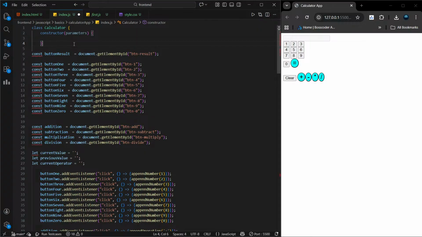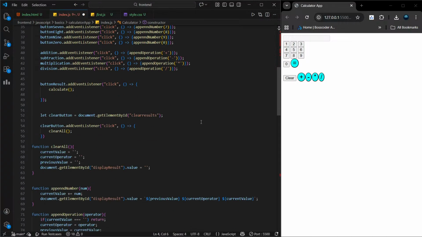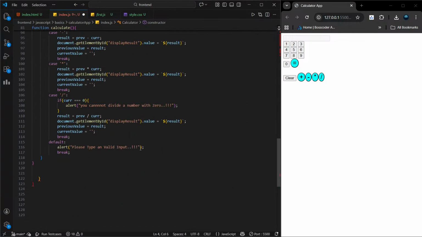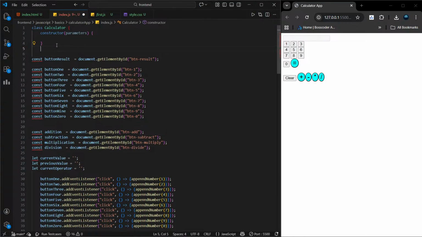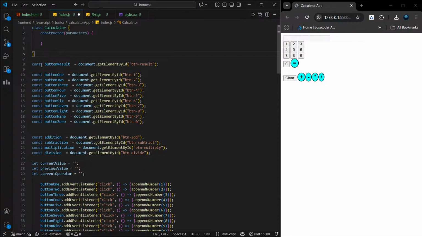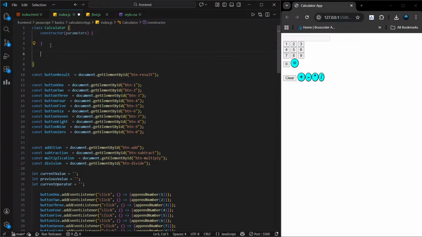हाँ बिल्कुल, कंस्ट्रक्टर की ज़रूरत है ताकि जब तुम उस क्लास का ऑब्जेक्ट बनाओ उसी वक्त सारे DOM एलिमेंट्स जैसे बटन्स को पकड़ लिया जाए। कंस्ट्रक्टर के अंदर तुम getElementById से सारे एलिमेंट्स असाइन करोगे और फिर उसी क्लास के मेथड्स उन एलिमेंट्स पर काम करेंगे। इससे तुम्हारी क्लास पूरी तरह सेल्फ कंटेन रहेगी और कोड का स्ट्रक्चर भी साफ रहेगा।